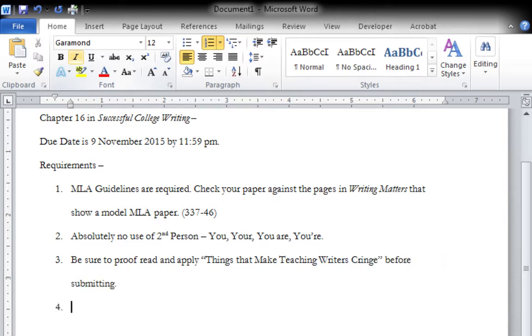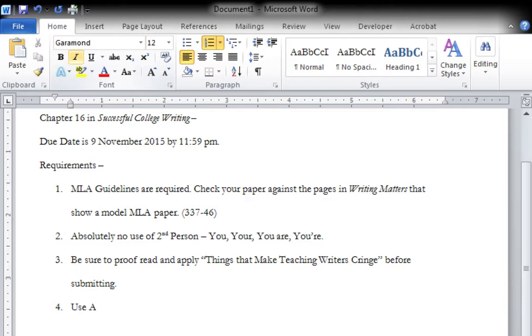Very, very important, because many of you are making mistakes that are clearly dealt with in that document. You should not be making those mistakes this late in the semester, and you still are. So I don't want to see any of those mistakes in this paper.